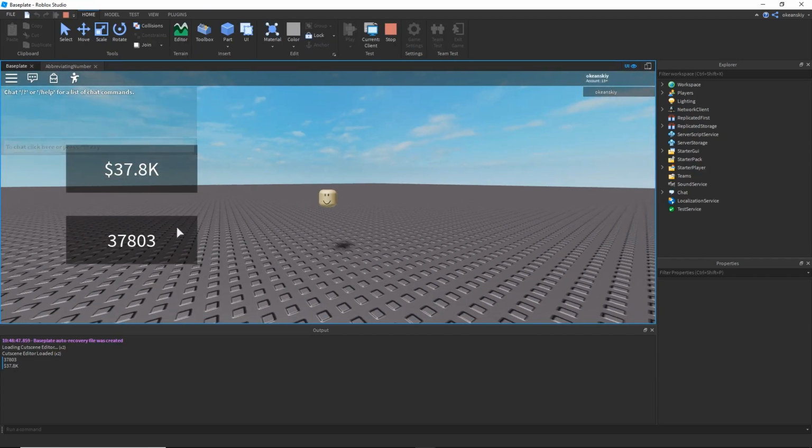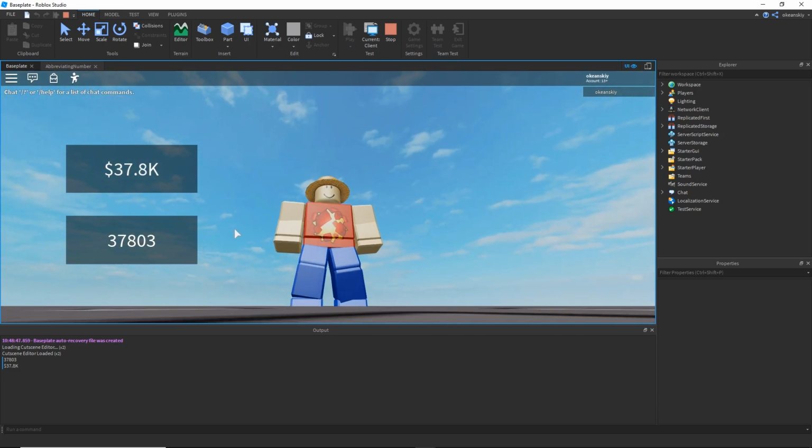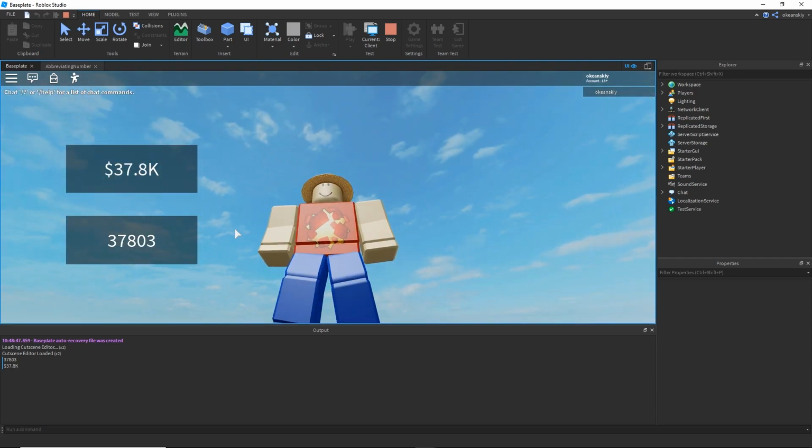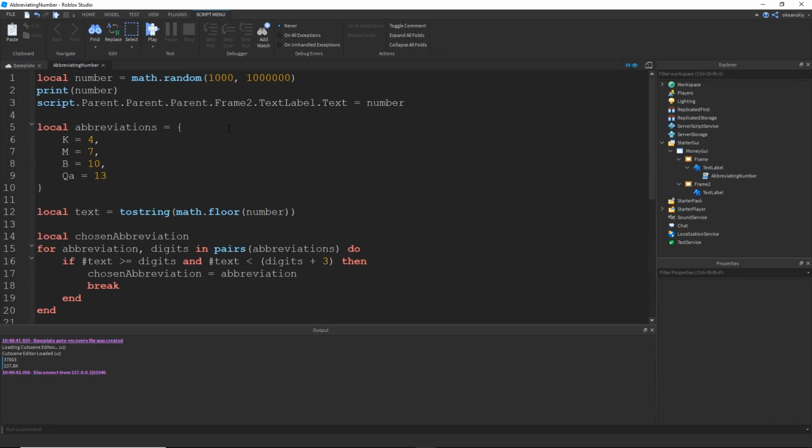And there you have it. So here we have 37,803, and then this got formatted into 37.8K with a little currency symbol or dollar sign right before it. So now that we've gone over how to actually take a number and then turn it into a formatted number,